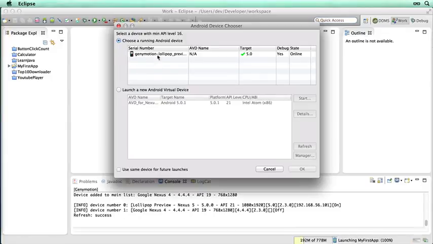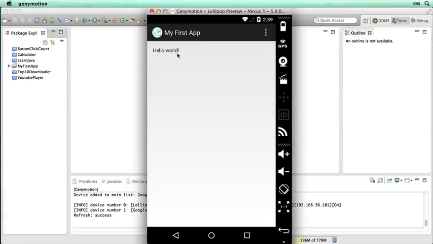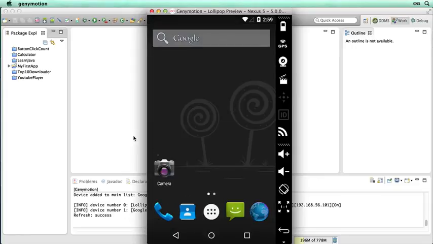Now you can see it's come up with Genymotion Lollipop Preview, which is the name of the virtual device I created. Click OK. And I've got my Hello World app on there. So you will find that Genymotion is a lot faster in general. It doesn't need HAXM. And the other thing I recommend you do is if you're not going to be using